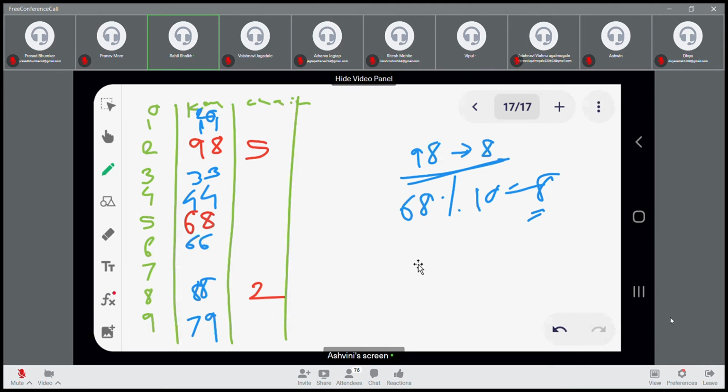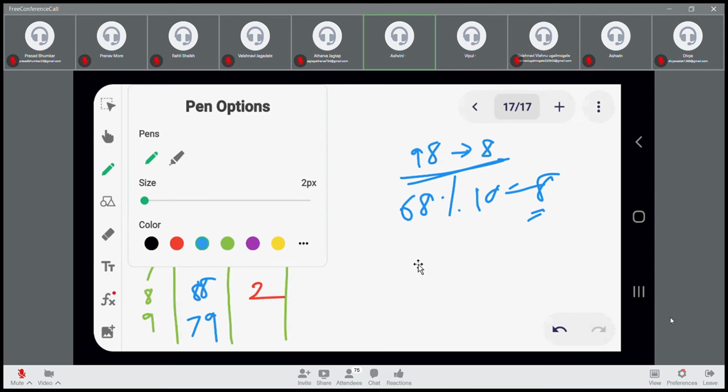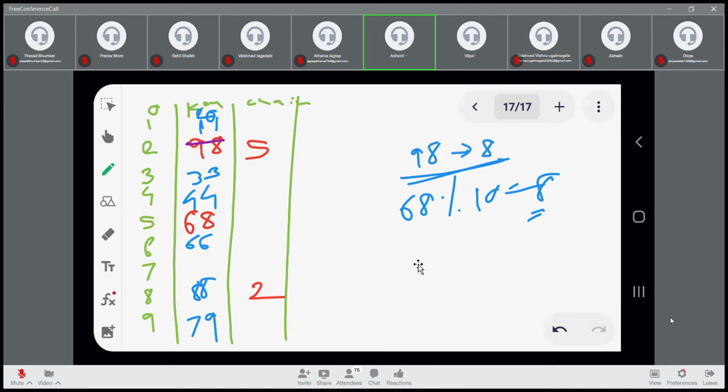Yes, ma'am. But at index 2, we have already placed 98. But for 98, 2 is not the proper index. So we need to remove this 98. I'm going to remove this 98 and place 22 here. Now this chain value, we need to delete that also. And what is the next empty position? That is 7. I'm going to shift 98 from index 2 to index 7 here, and the